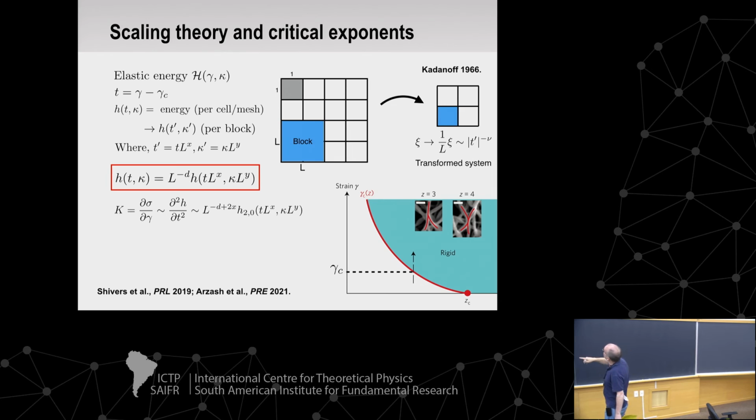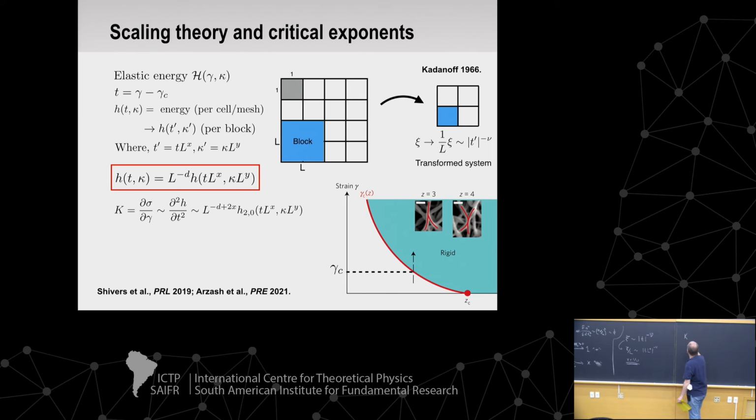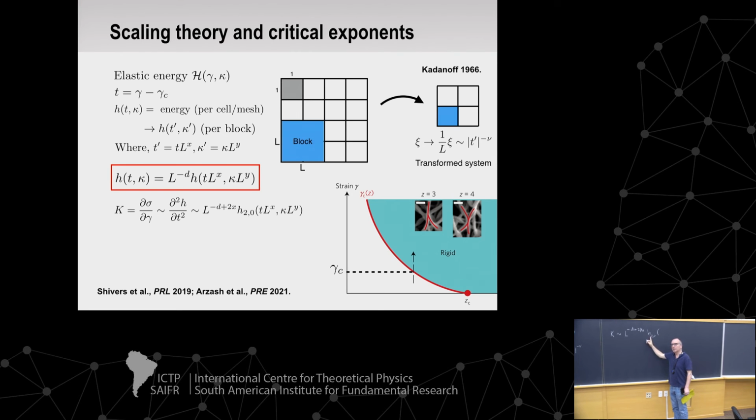And now the point is that that has a simple scaling form in terms of my homogeneous Hamiltonian there. So K should go like L to the minus D plus 2x. X is nu, so this is 2 over nu. So this H20 literally just means take the function h, take two derivatives with respect to its first argument, 0 with respect to its second argument. So it's a new function. Kappa to the L